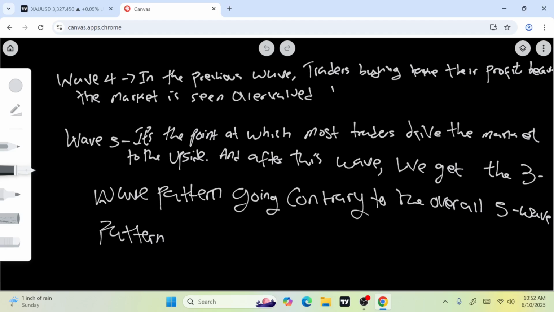But know that for every structure to form, you are looking out for five waves. For every impulsive movement, for every market structure going to the upside, it must give you five waves. It will definitely form before any other change of structure. Do you now see how you can add this to your analysis? You were able to catch the starting point of a particular trend. It gave you wave one, it gave you wave two.